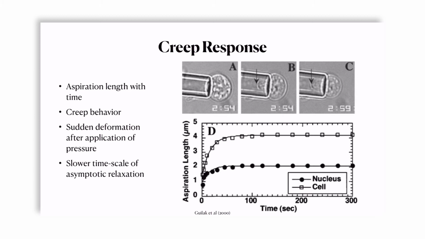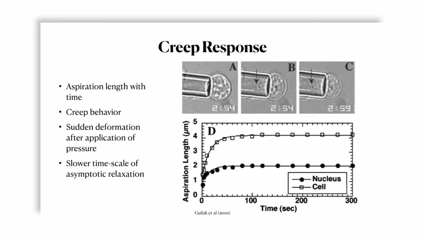What happens, as we can see, is that rapidly the section of the nucleus deforms where the arrow shows in B at 2.54 minutes, and at 2.59 minutes, so in about 60 seconds, the deformation reaches a maximum. And this is what they plotted in the graph below, where the aspiration length, that is the length that enters the tube,